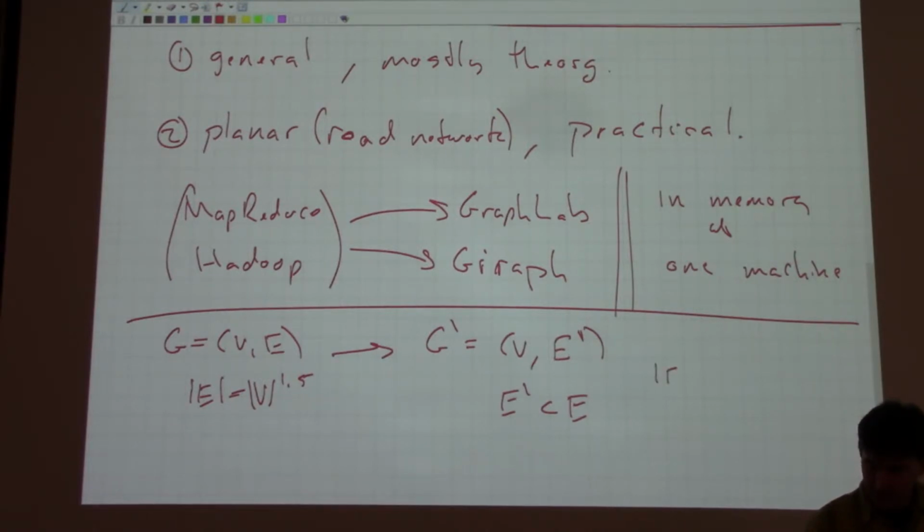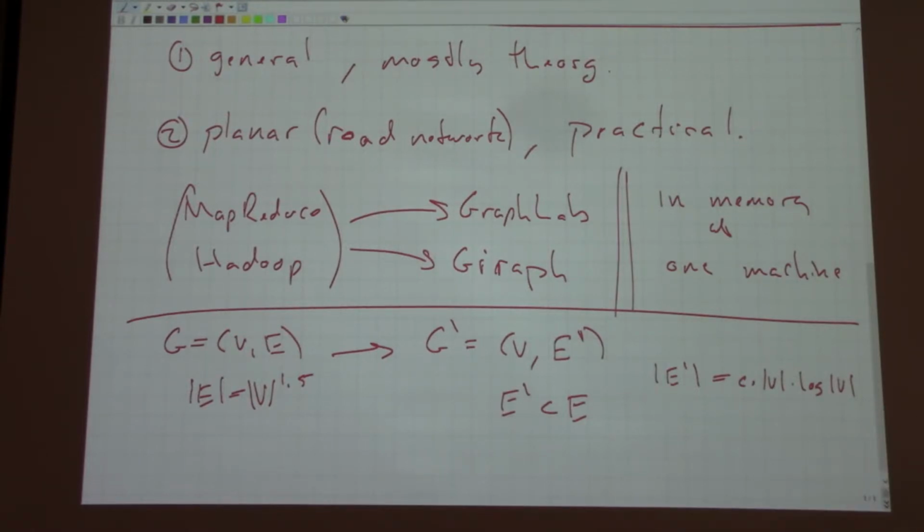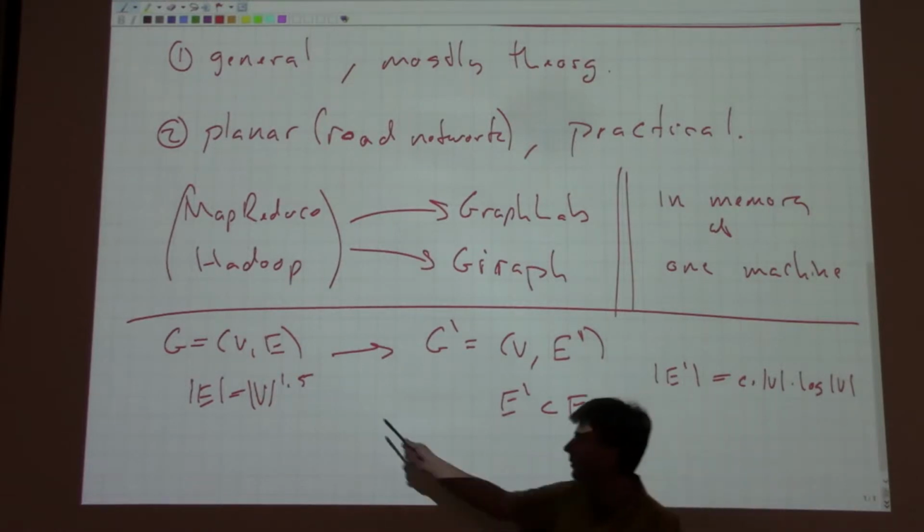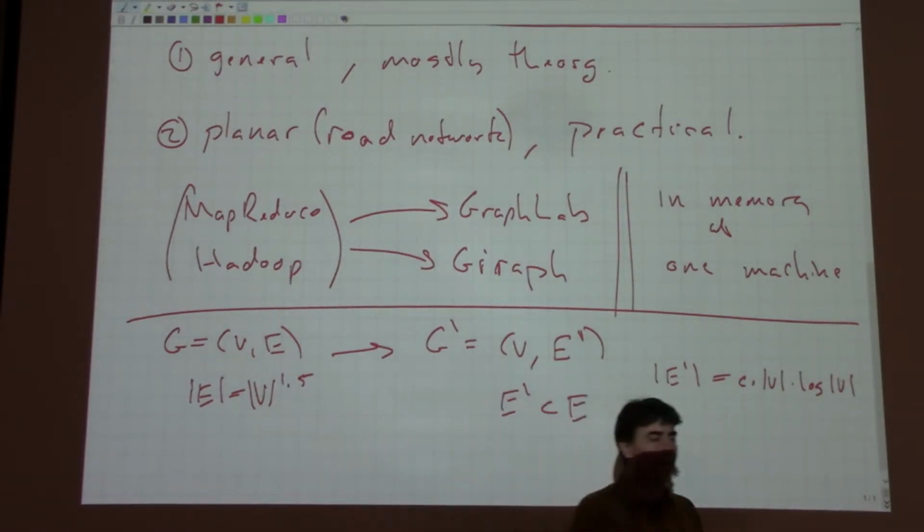In particular, E prime is going to be some constant times the number of vertices times log of the number of vertices. Okay, so this log is going to replace this vertices to the 0.5. Okay, so just to give you a picture of what's